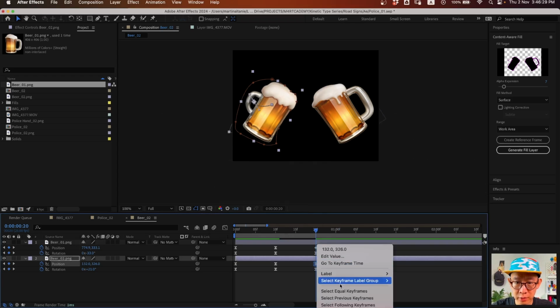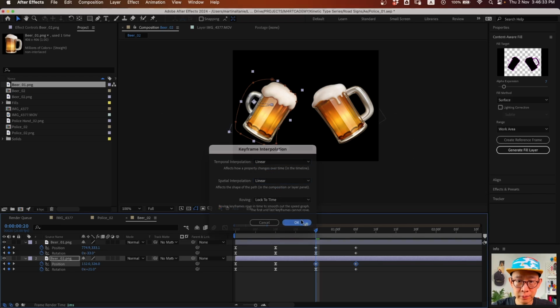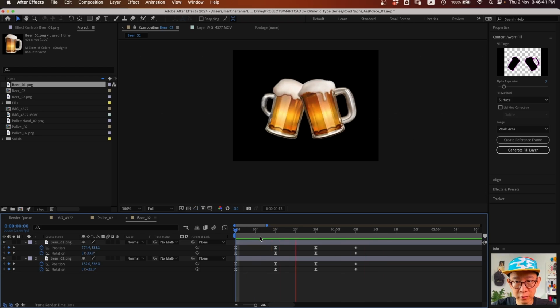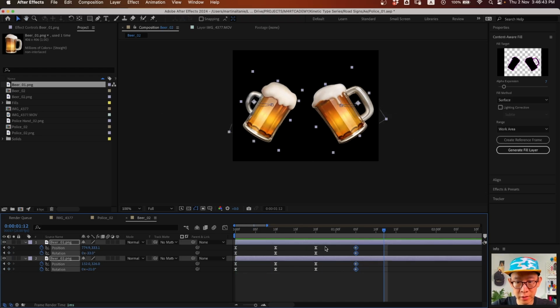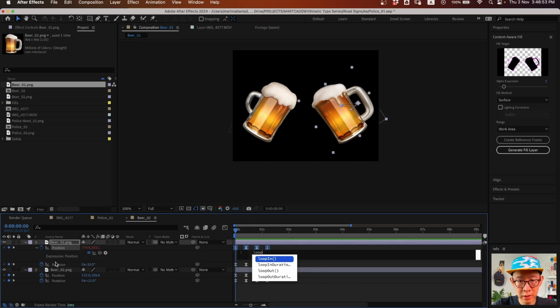And this one as well, right click, keyframe interpolation, change it to linear, click OK, and change this back to F9. Yeah, something like that, and change this to F9. And then now we can loop this as well. Alt click on the stopwatch, loop out,